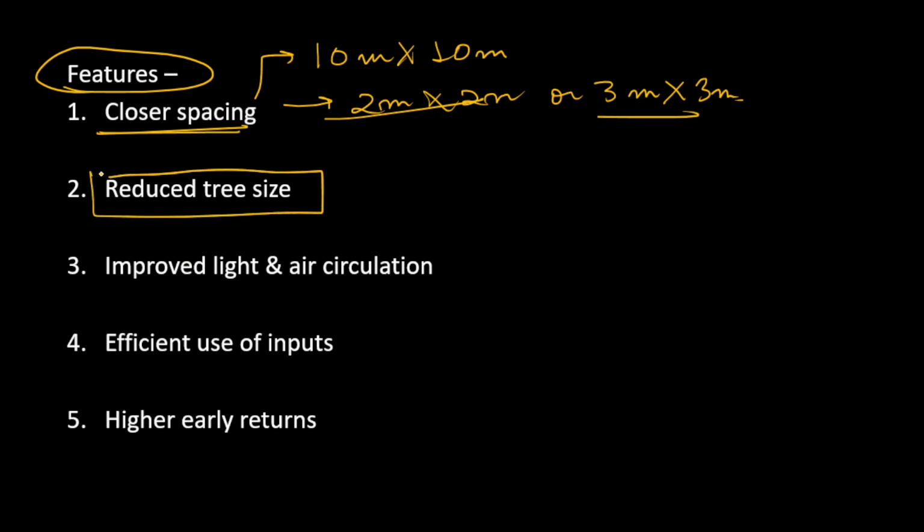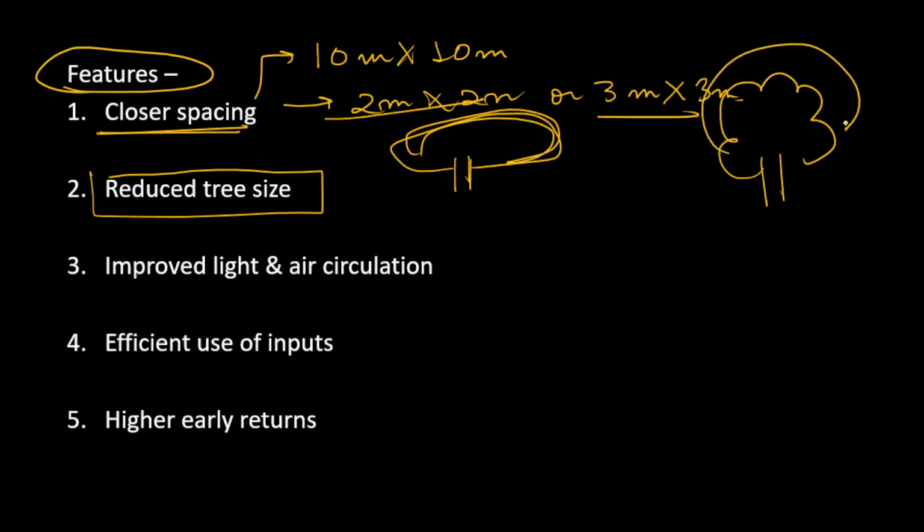Secondly, reduced tree size. Obviously there are some crops which have high canopy. Suppose this is the tree and this is the canopy. Okay, this is the canopy of the tree. देखते हो. So this is what the canopy of the tree is. And suppose we have increased the density, we are planting more trees closer, so we have to also decrease the length of this canopy. So for that what we did, we have reduced the tree size. To reduce the tree size we have